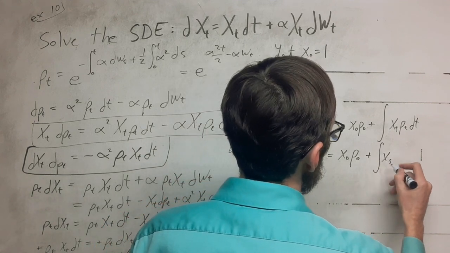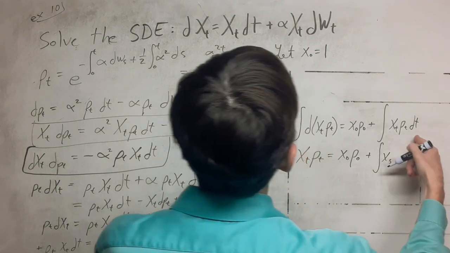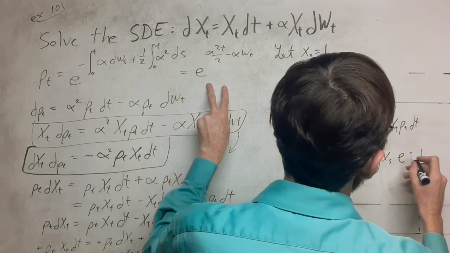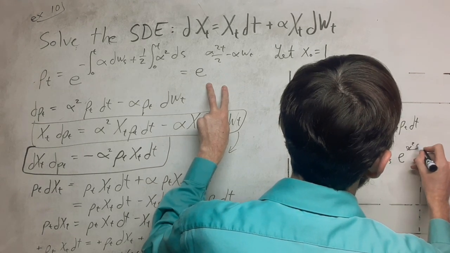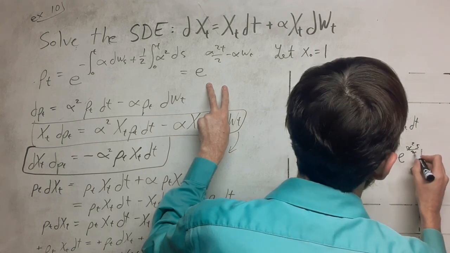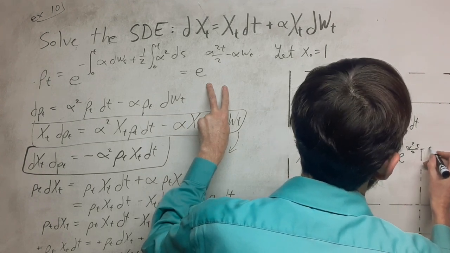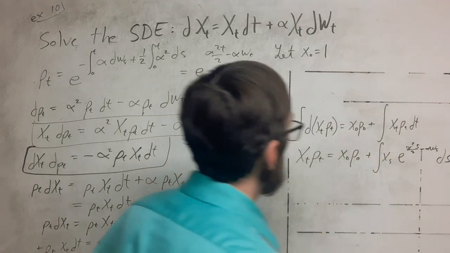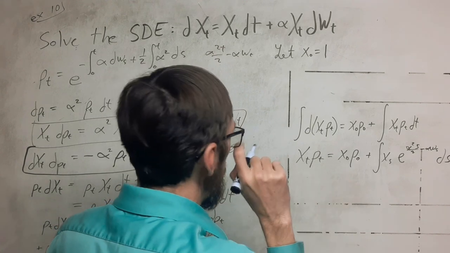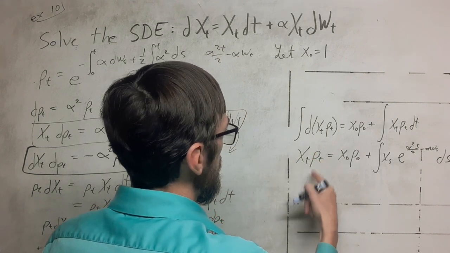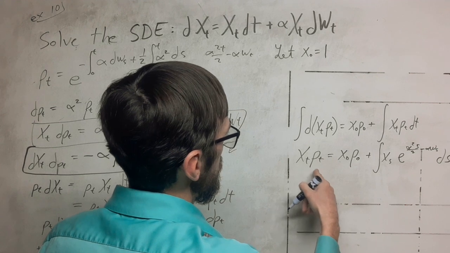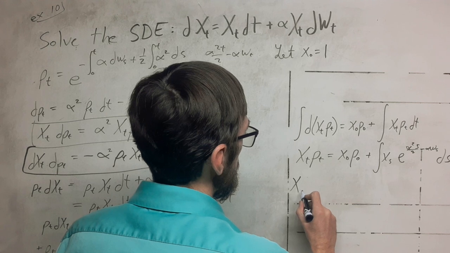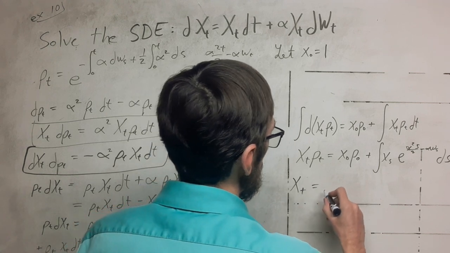So x sub s, and then these terms are replaced with e to the alpha squared s over 2 minus alpha w sub s ds. And then we want to multiply both sides by 1 over rho sub t, so that x sub t is equal to,